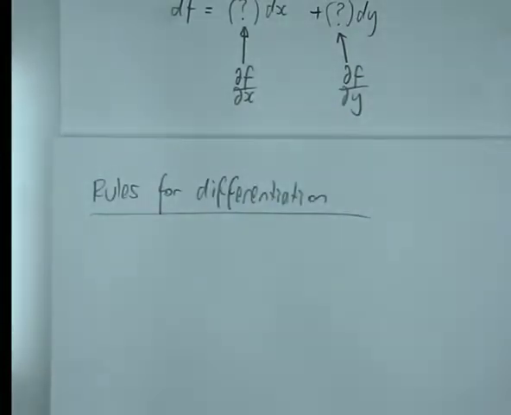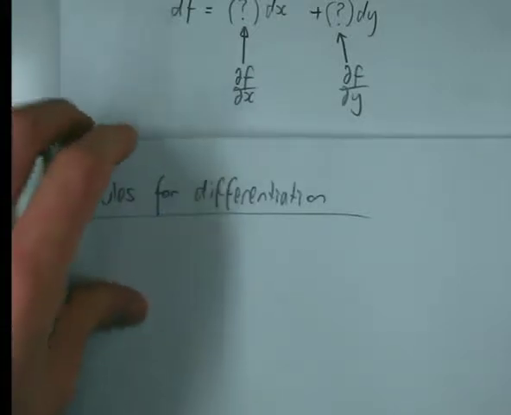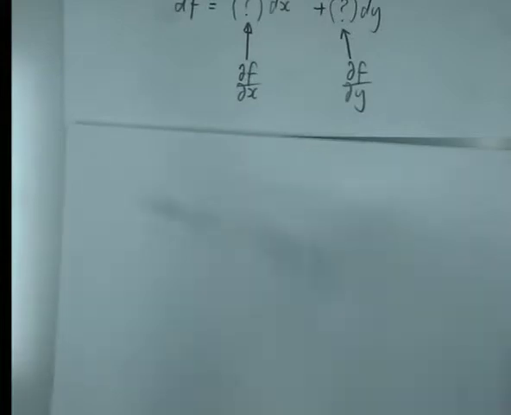The rules for differentiation cover all the famous functions that we're used to, and they tell you how to figure out what that formula is that goes in that spot. And there's also this other notation you can use. Actually, can I just skip that? I just want to say, before I get to that,